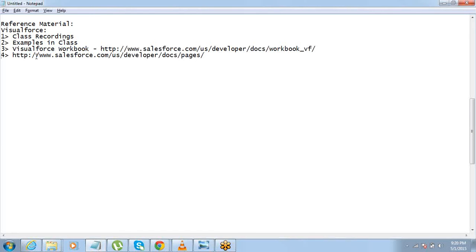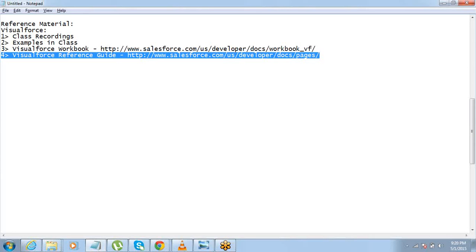So this reference guide is a big book. Okay, if you try to read the entire reference guide, you will become a Salesforce developer maybe next year. So you don't have that much time. So the good idea is go through the Visual Force workbooks and sessions and all these things, and then read selective items on the reference guide. It's actually a big book.